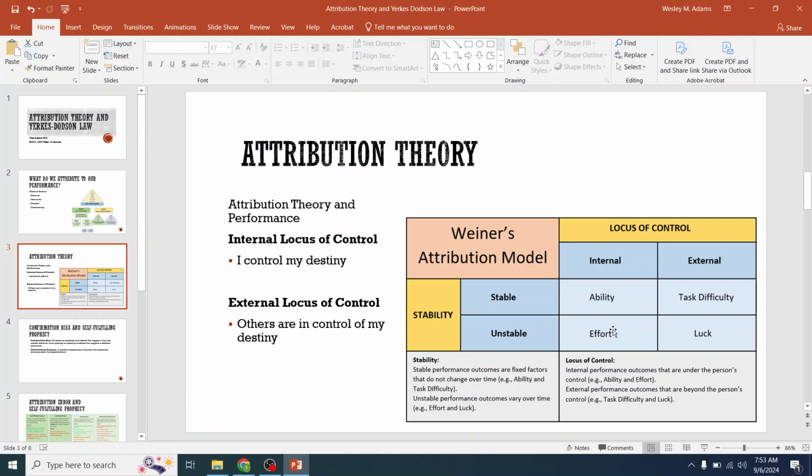So effort is influenced by motivation because motivation fluctuates. Let me give you a real-world example of how I use this. So I took a trig class. You had to have college algebra and trig for my associates. And I didn't prepare when I was in high school. I wasn't thinking about going to college, so I didn't put forth the effort. So my natural ability for math wasn't up to par.